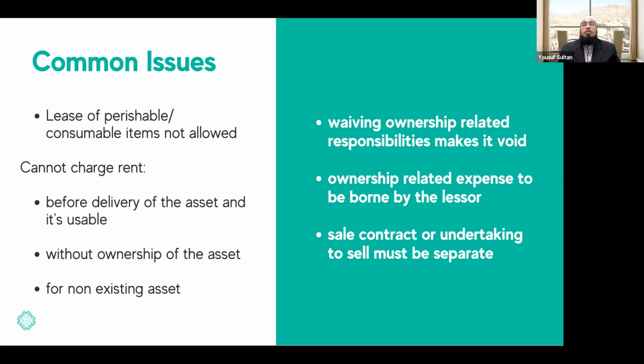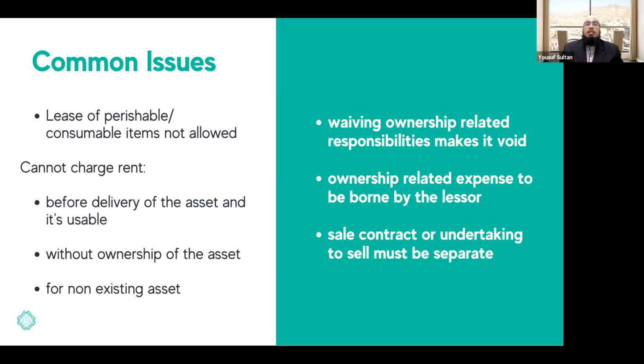For example, in the last episode we had the question of what if a Musharaka partner is also demanding a fixed salary. Let's say the Musharaka partner is a director and we want to pay him a salary. Then there will be a separate Ijara contract, a service lease agreement, which will be completely separate from the Musharaka agreement. No relation whatsoever between the two agreements. So this is the number one condition whenever there is more than one contract.